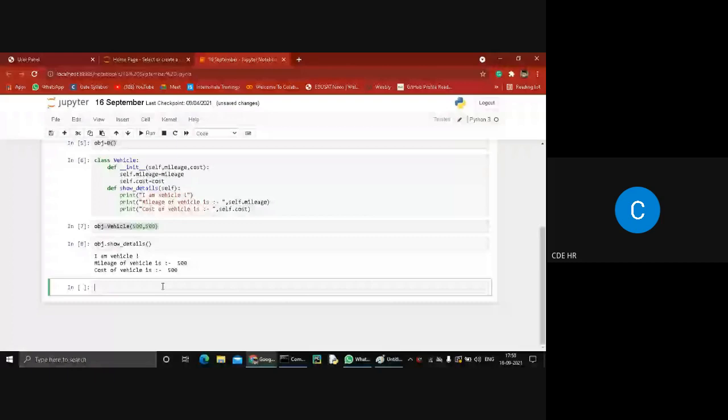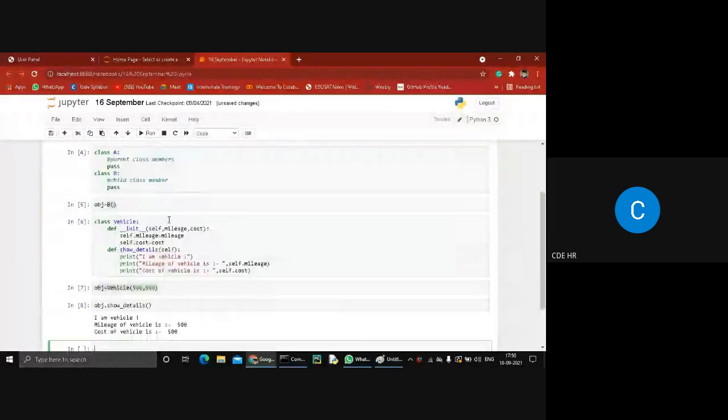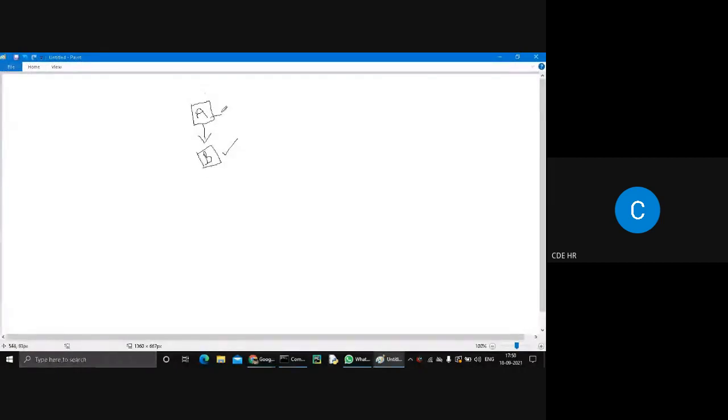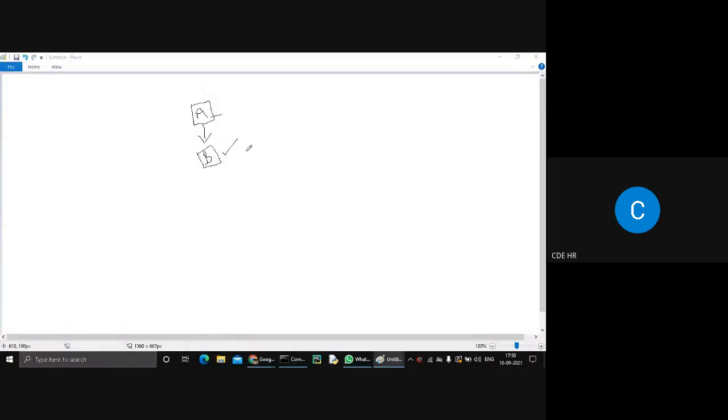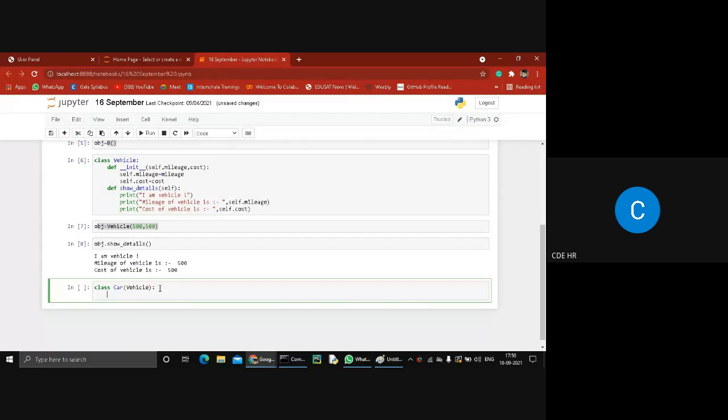So now the next thing is how to create another class with inheritance. We implement single inheritance. So now we have created another class. You see in the diagram, there is a first class, the parent class, and second is a child class. So now you have to create a child class. Its name is Car. Car is my child class, and it contains all the properties of Vehicle. This is the syntax to create a child class.